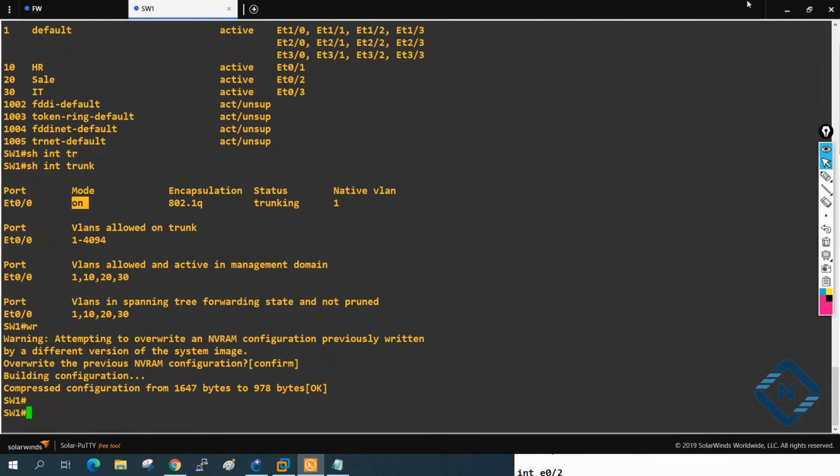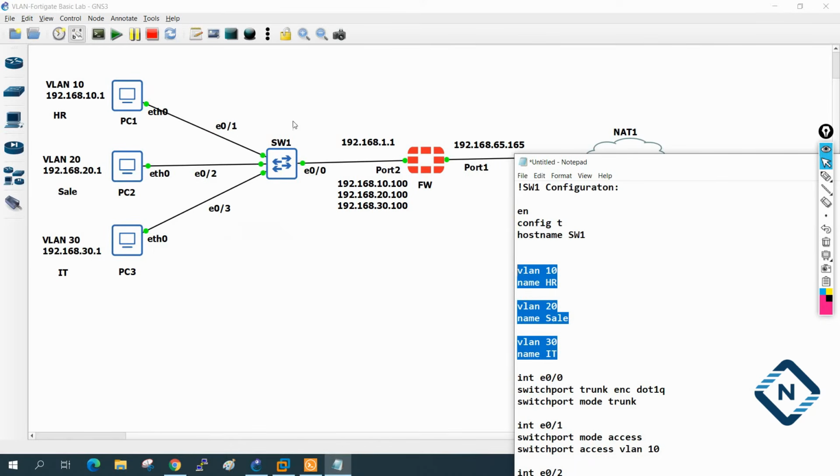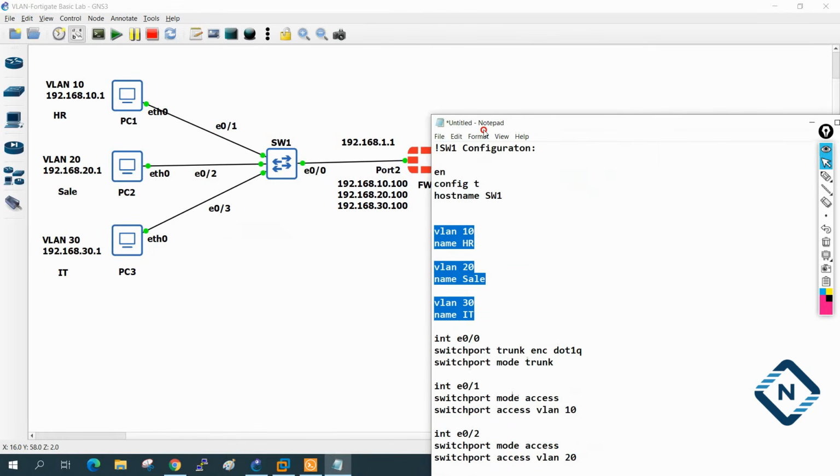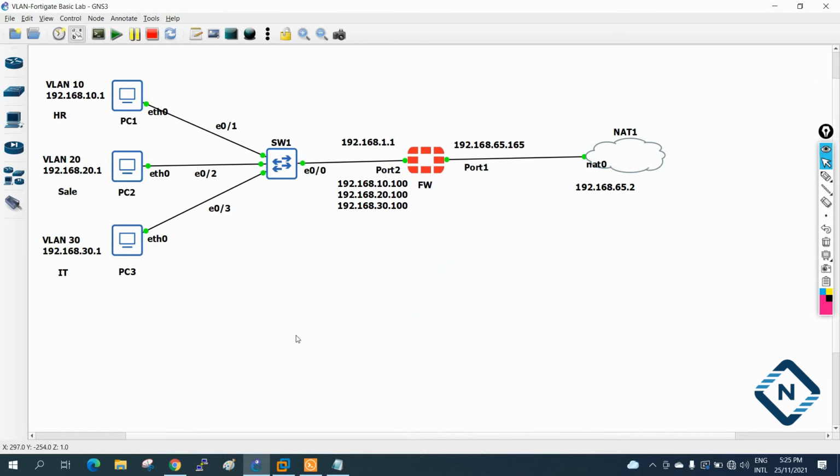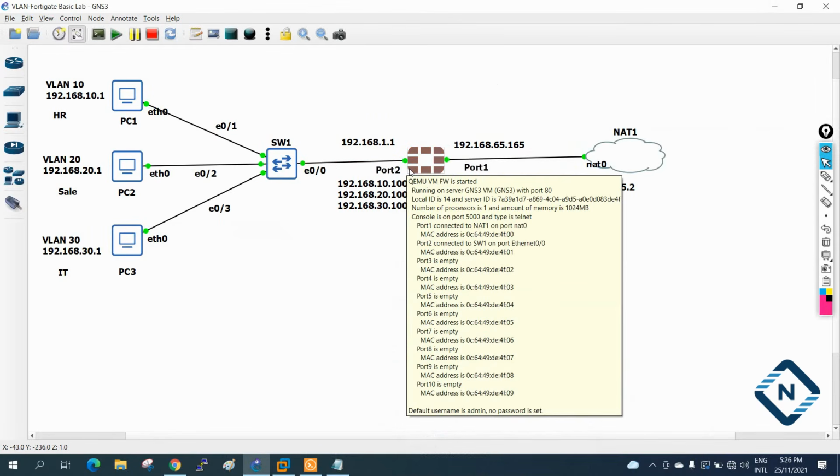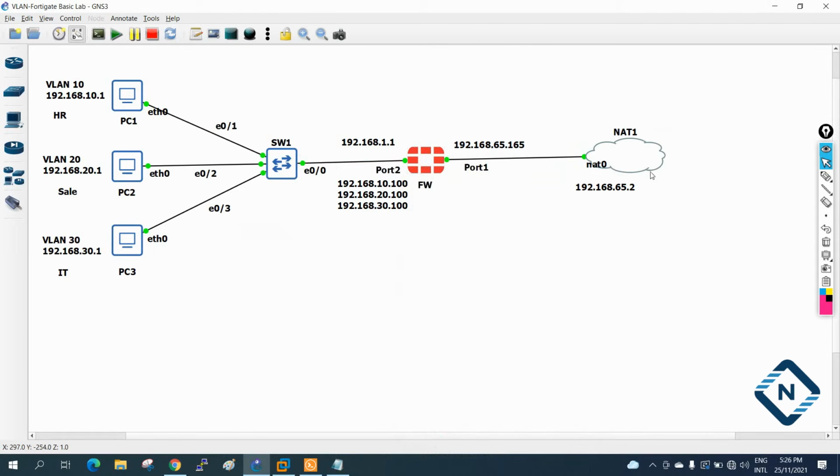Now what we can do is the other configuration in the firewall. We created the sub interfaces. Now what we need to do is create the policy, and we need to do the default route, from here to here. Okay, I will tell you what we need to do. Create the default route towards the ISP, so all the traffic will go to the ISP. So let me do that now.